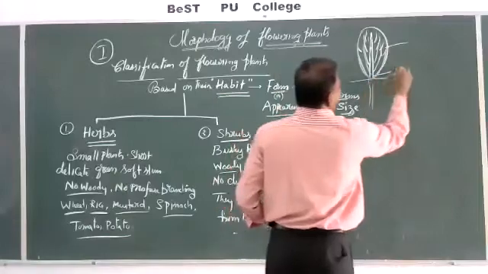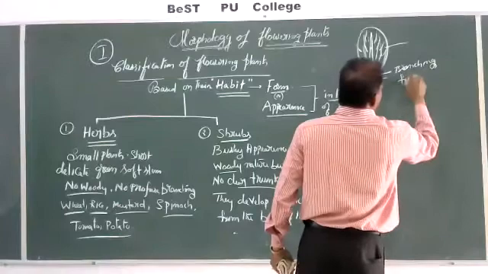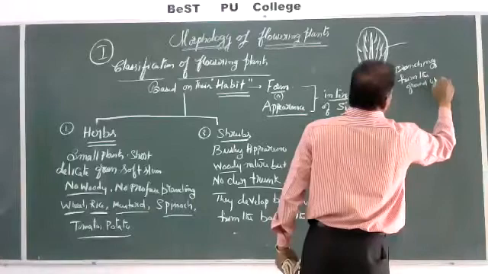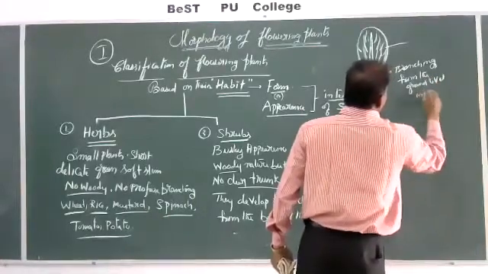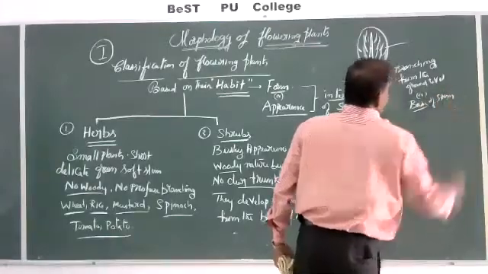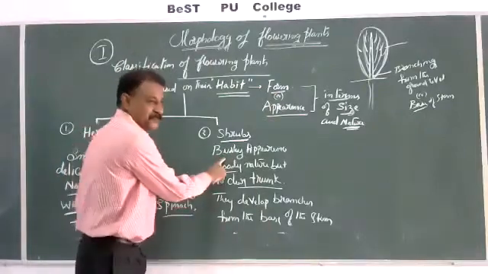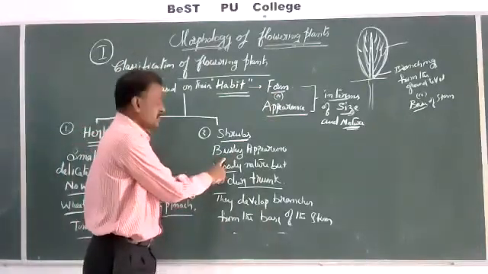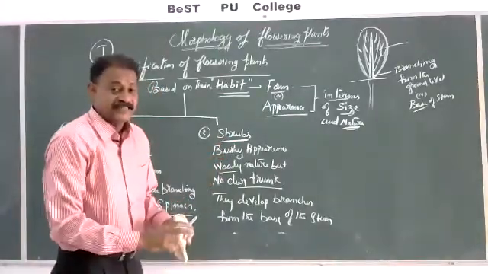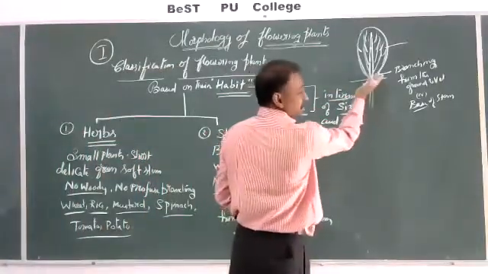So branching is from the base, from the ground level or base of the stem. Because the branching is from the base of the stem, they appear like a bush. So why are shrubs bushy in nature? Based upon the arrangement of their branches from the base of the stem, or just above the soil.